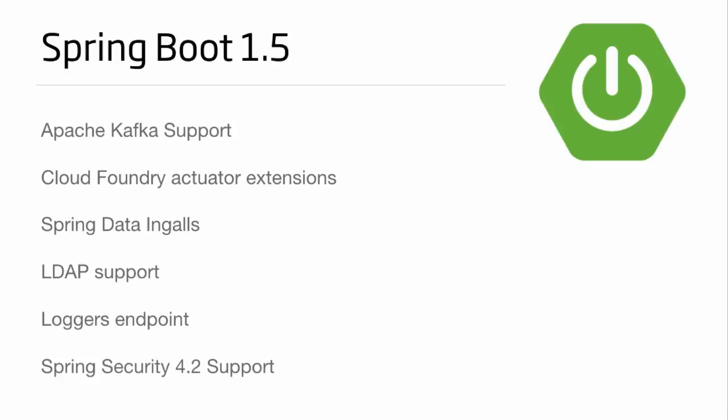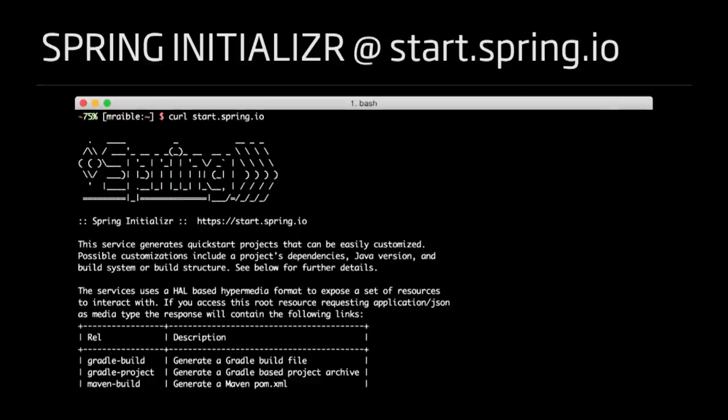You don't have to have auto-wired in there. So getting started with Spring Boot is easy. You just use Spring Initializr, right? start.spring.io. You can use it from a browser, from the command line, or even in IntelliJ. In IntelliJ, there's an option where you can do new project, and it's in there.